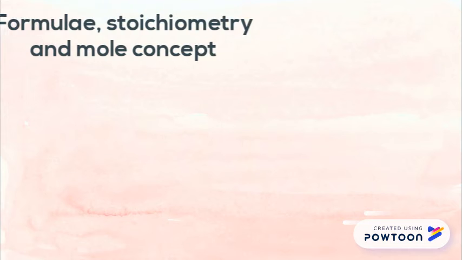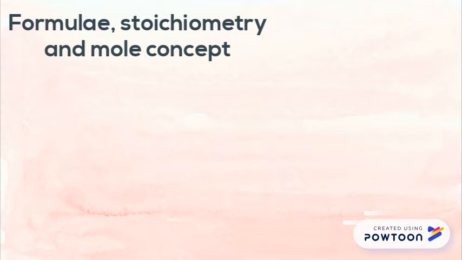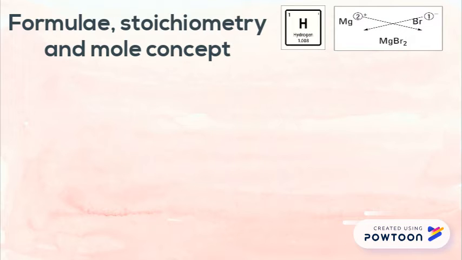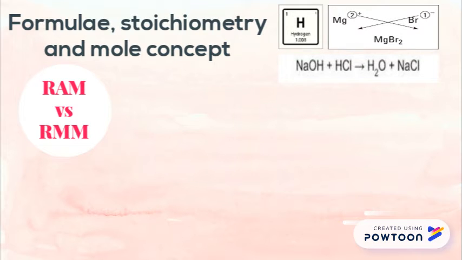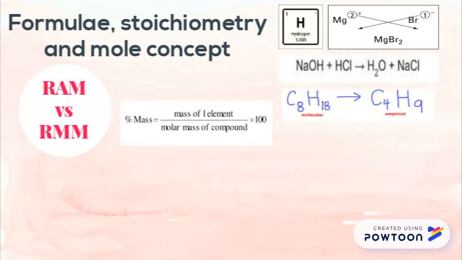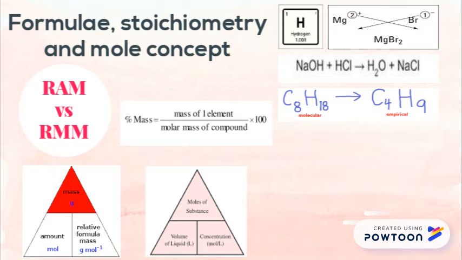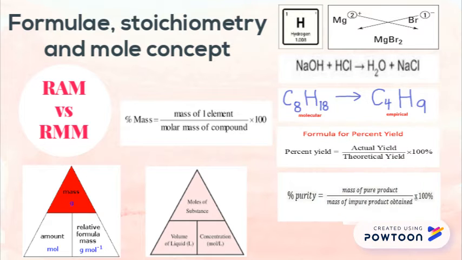For formula, stoichiometry and mole concept, the learning outcomes include state symbol of an element, formula of simple compound, ionic compound, and construct chemical equation. Differentiate between relative atomic mass and relative molecular mass. Next, calculate the percentage mass of an element, calculate the empirical formula, molecular formula, stoichiometry mass, concentration, percentage yield, and